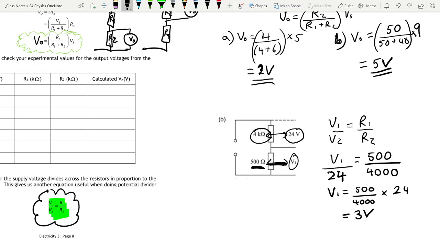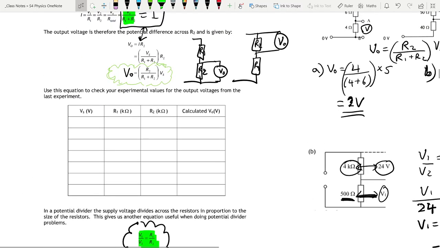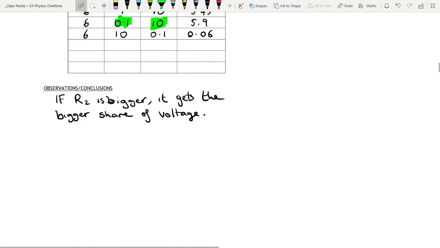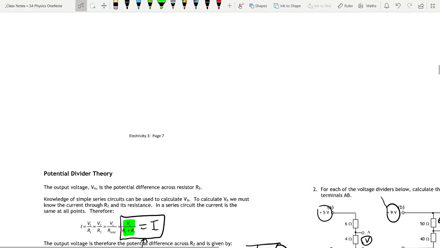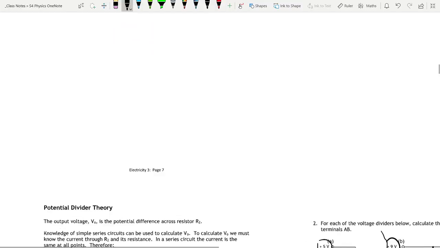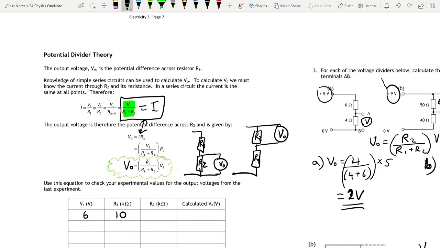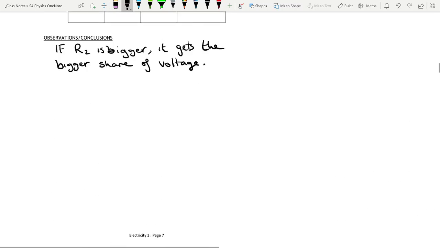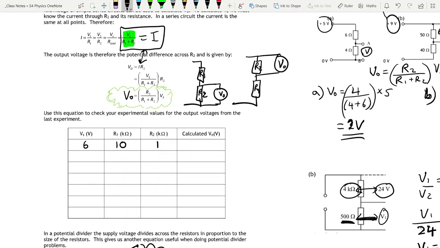So those are just two examples that I wanted to do because I don't think it's fair to get you guys just running there without any practice of this. So to practice today and for the rest of this lesson, I want you to copy down your results from the earlier page into this. Okay, so first one, Vs is 6, R1 is 10, R2 is 1, and then instead of copying down the results, I want you to calculate it. So for the first one, you're going to be using the equation V out equals R2 over R1 plus R2